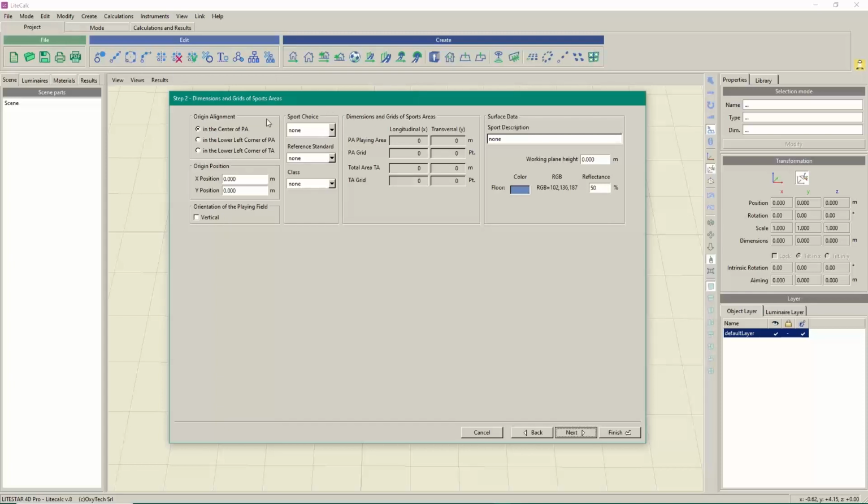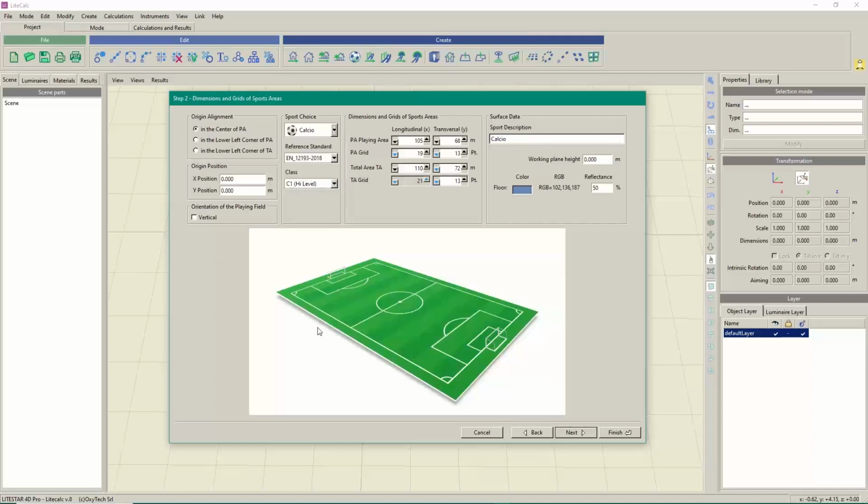Over here, we can define the sport choice. So, for example, if we open the window, we have a selection of sport areas over here. Let's select football, and automatically, whenever we select football, the reference standard window will appear. If we open it, we can select from here the standard we want to use for our planning and for our calculation. Let's stay with the European standard